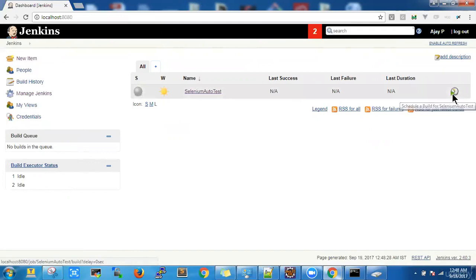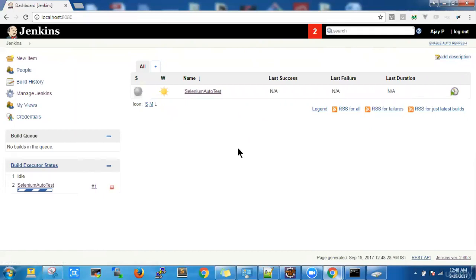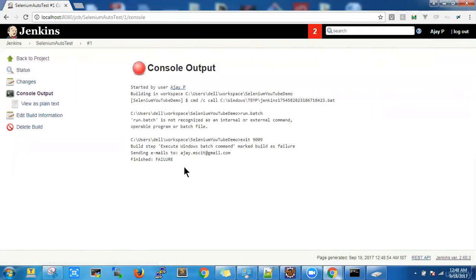Now we'll click on build. So once we click on build, it will come here, and we'll go on console output to check the progress. So it says failed because here execute batch command mark the build as failed, sending email ID to this. So something happened here, and it sent the email to this email ID. So let's go and check